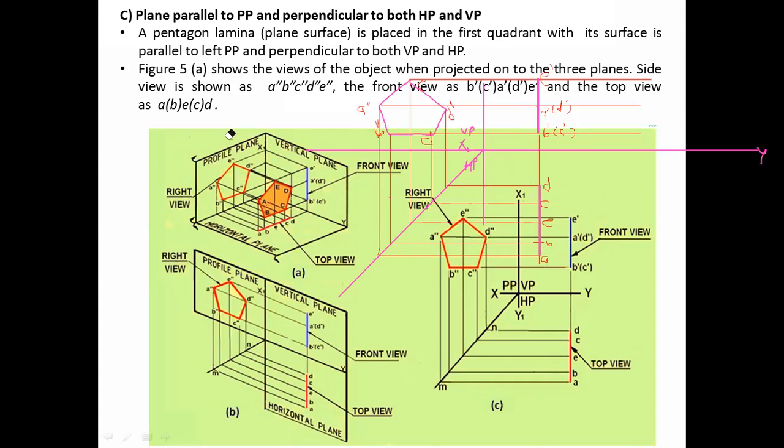Clear or not? Yes, sir. Is there any doubt to anyone? No. Okay, nice. So we got our problem solved.